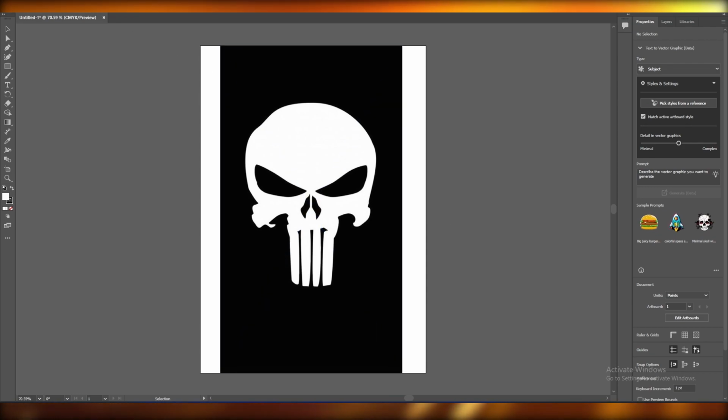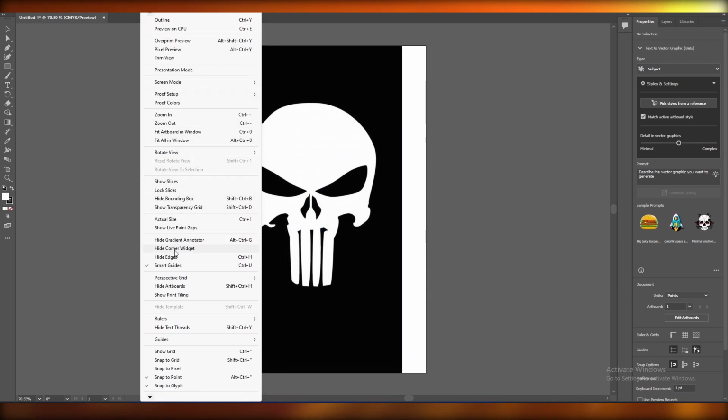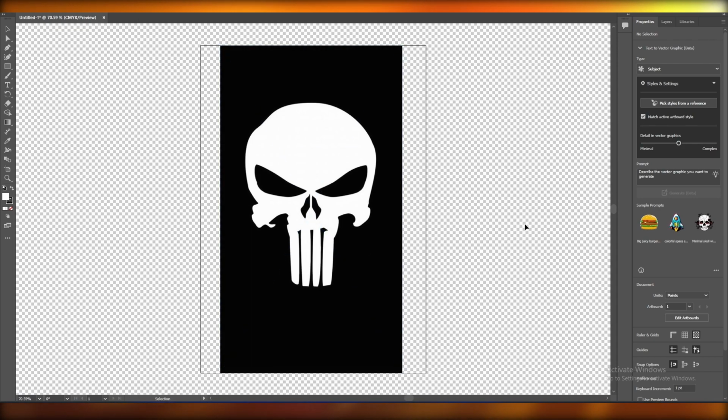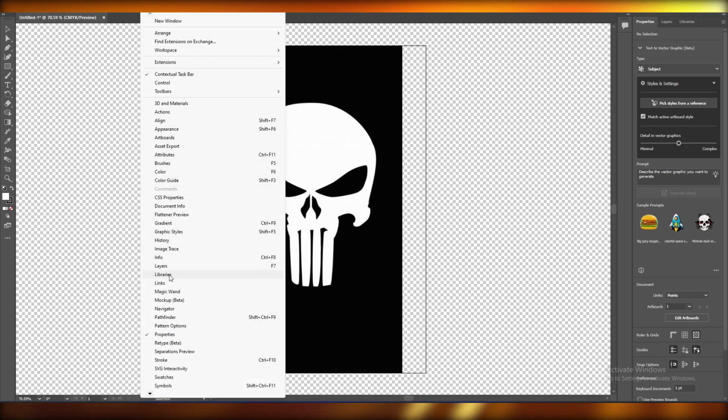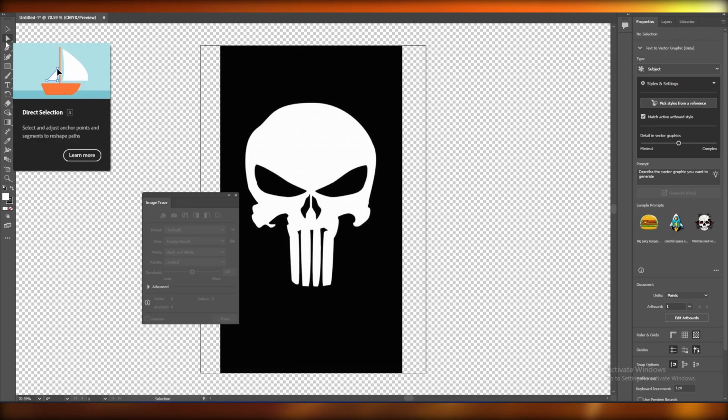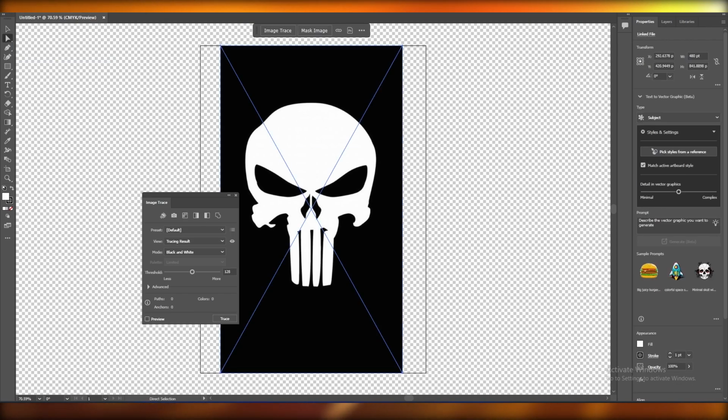just simply click on View, and over here what you want to do is just simply click on Show Transparency Grid. There you go. Next, what you want to do is click on Window and then click on Image Trace right here. Then click on the Direct Selection tool and click the image, and then over here in Presets, select